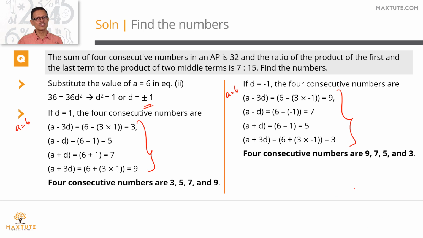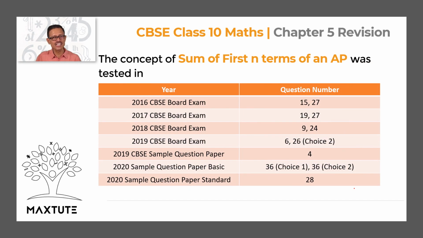So exactly two concepts, the nth term and sum up to n terms. Very, very easy topic to get answers right. So if you get a question in arithmetic progression, you necessarily will have to get it right. These are all the questions that were tested. We've given video solutions to all of these questions, and they are available in the